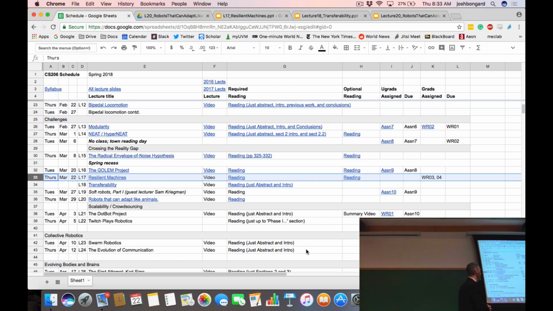2006, we're talking about a project I helped out with called Resilient Machines, and you saw last time why it's a resilient machine. We have a machine that is evolving not just controllers in a simulator and then transferring those controllers from simulation to reality, but a second evolutionary algorithm is evolving the simulator itself. So speaking of that, there was a question on Tuesday's quiz about that, and one of you brought out a good point, which is there was a question about, is the second evolutionary algorithm evolving the simulator or the body of the robot? And I went back and had a look, and it makes sense that either response could be considered correct.